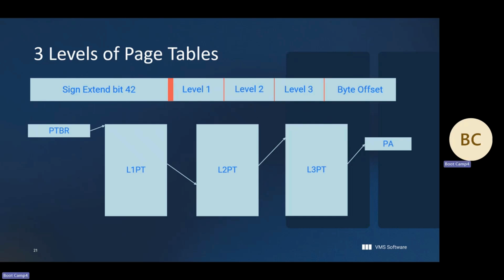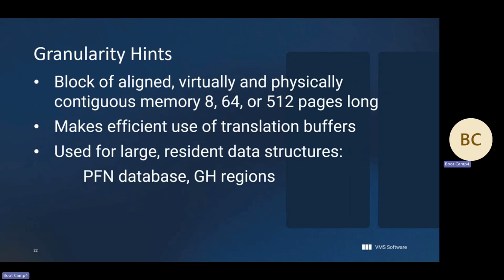So by having 3 levels rather than 2, that greatly extends the available virtual memory. By having an 8K page rather than a 512-byte page, it also greatly extends the available virtual memory. Now, I mentioned granularity hints.